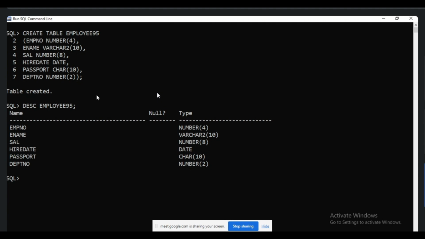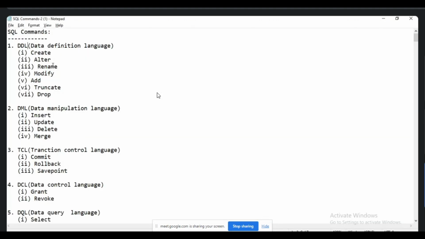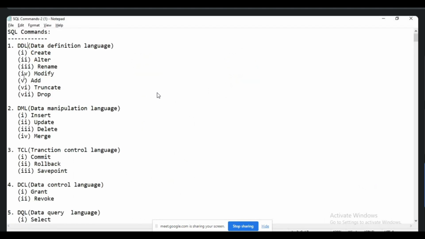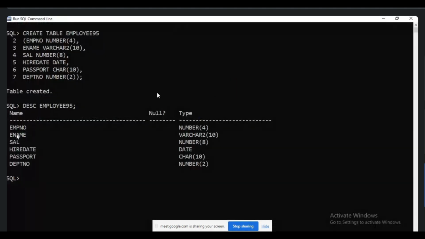So I am creating the table structure. This create is a DDL command, so it is directly created in the main database. It's auto commit. If I want to do any structural changes, we can go with the DDL commands. Suppose I want to rename a column. For example, I want to rename sal as salary. So we go with alter with rename. Alter table name